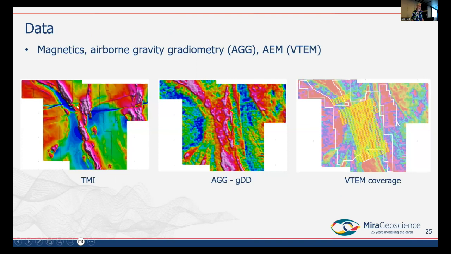And you can see just by looking at the magnetic and AGG images that they're complementary to one another. They're showing some of the same things, but there are also differences between them. And that's the best possible situation, where your different input data sets are complementary to one another, and they're all giving you a different sort of angle on the data. If they're all showing you the same thing, you might as well just have one. But when they're complementary to one another, that's the best.